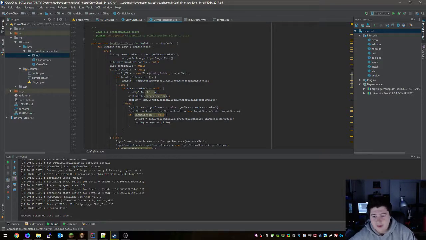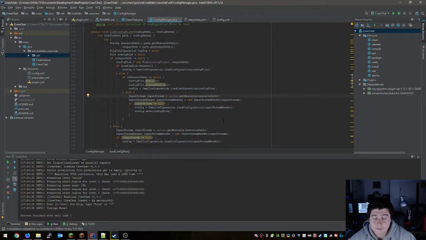So down here we have this line, input stream equals caller.getResource resource path. And what was happening originally was this line down here was throwing an error. Now at that point it just said input stream right here. It did not have input stream reader. I added this line in and modified this line to use this. And the reason for that, I'm not fully fluent as to why they decide to change things, but